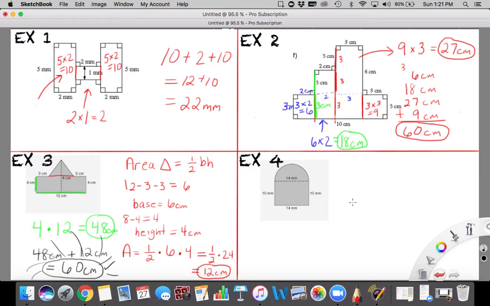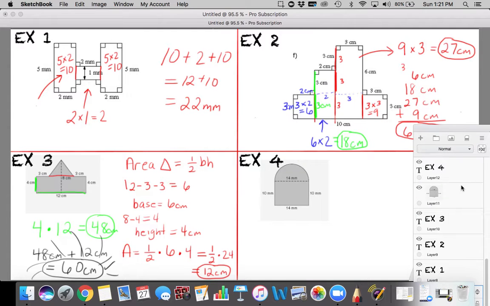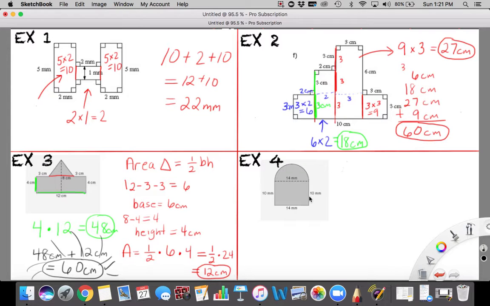And the last and final example is example 4. Example 4, as you can see, we have a half circle or semicircle, as it's often called. And then we have a rectangle. So let's do the circle first. Now the area of a circle, so area of circle